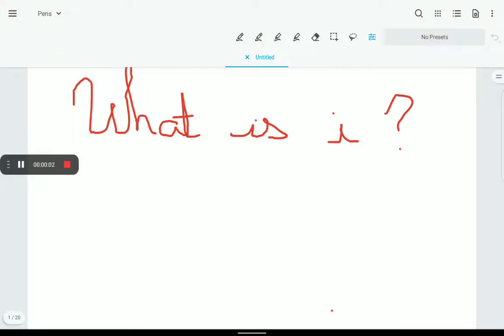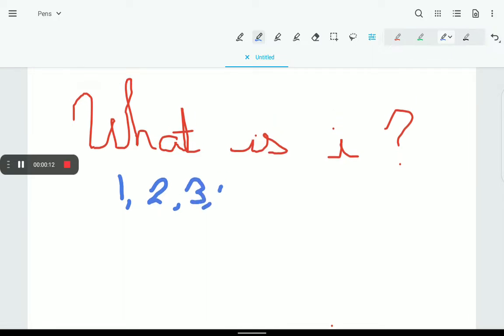Let's ask this question, what is i? To answer this, let's look at the numbers 1, 2, 3, 4, 5, 6, 7, and so on. What are these? Well, when we see 1, we generally interpret it as 1 apple,